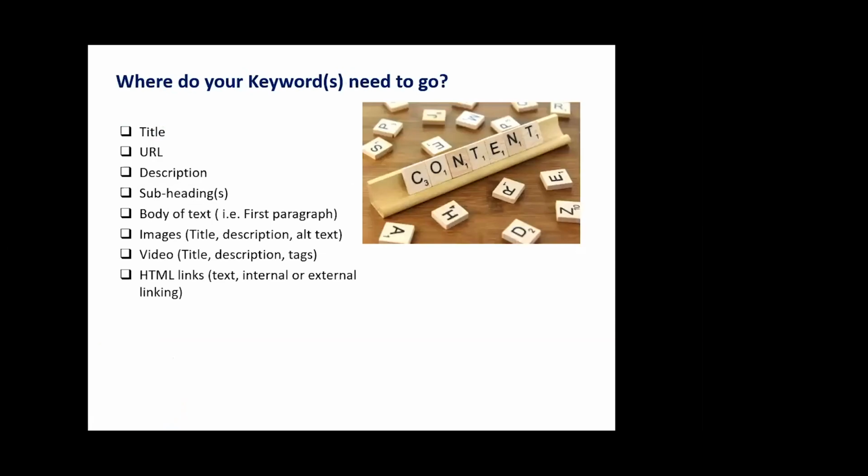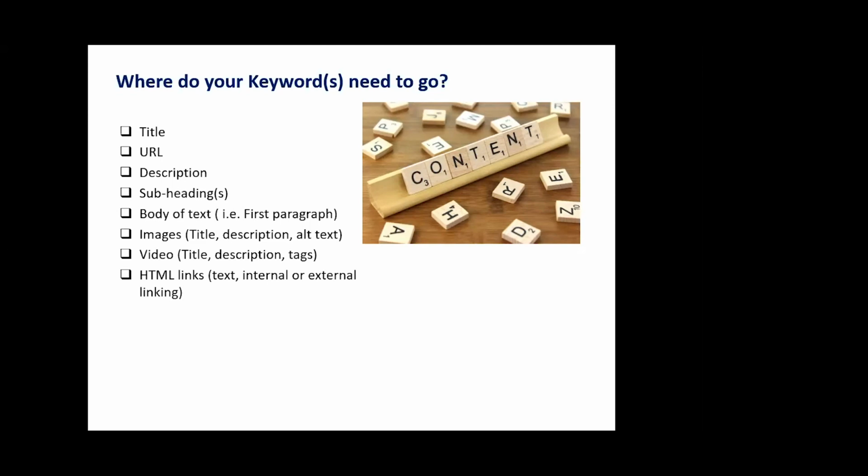Where do your keywords need to go? So your keywords need to go in the title and the URL, which are one and the same thing. If you're using a platform such as WordPress or indeed Shopify, once you create your title, that automatically creates your URL. Your description, or your meta description: when you go onto Google, you'll see there's a description just under the title of the page, and you want that to be between 150 and 160 characters,